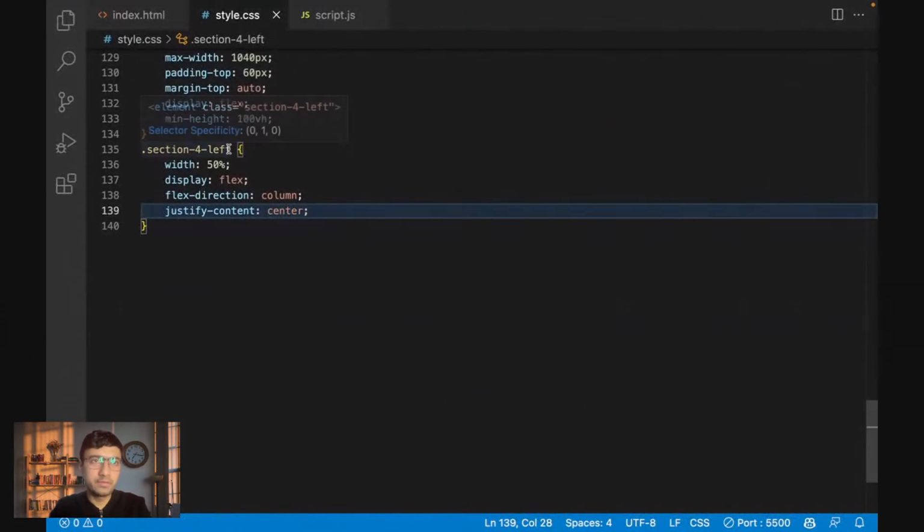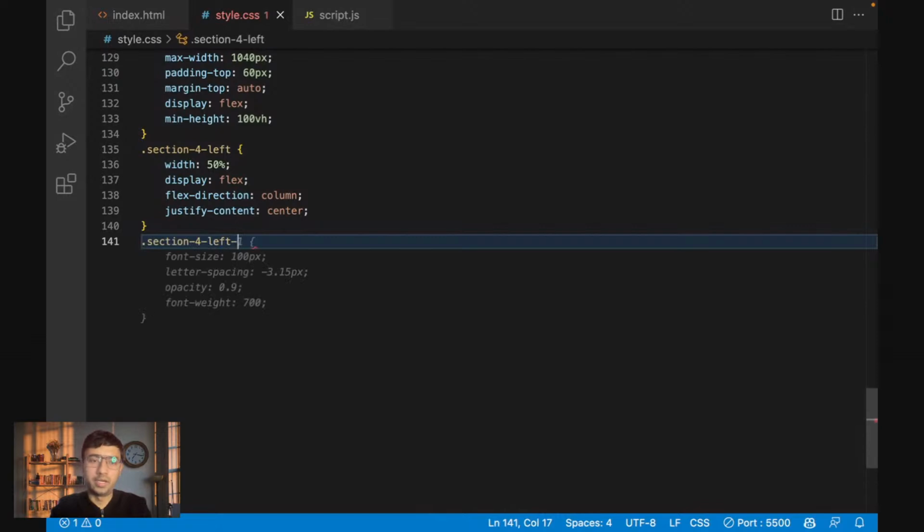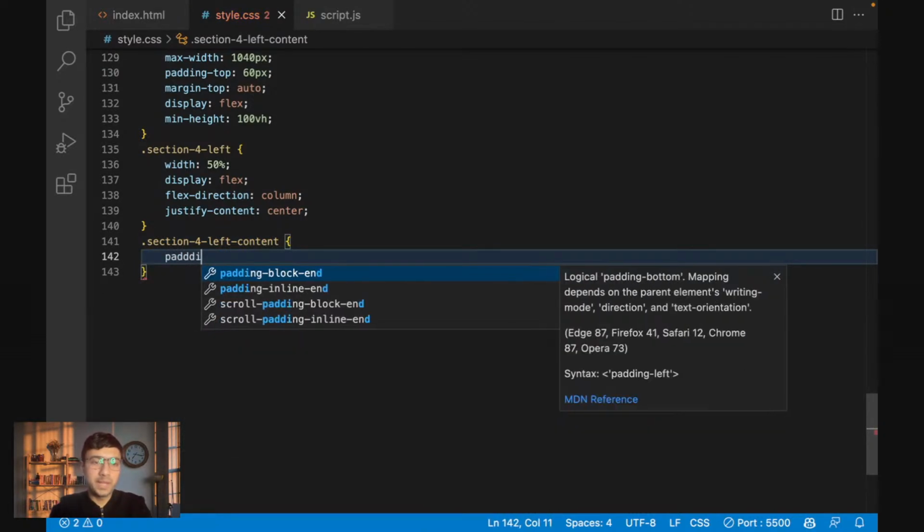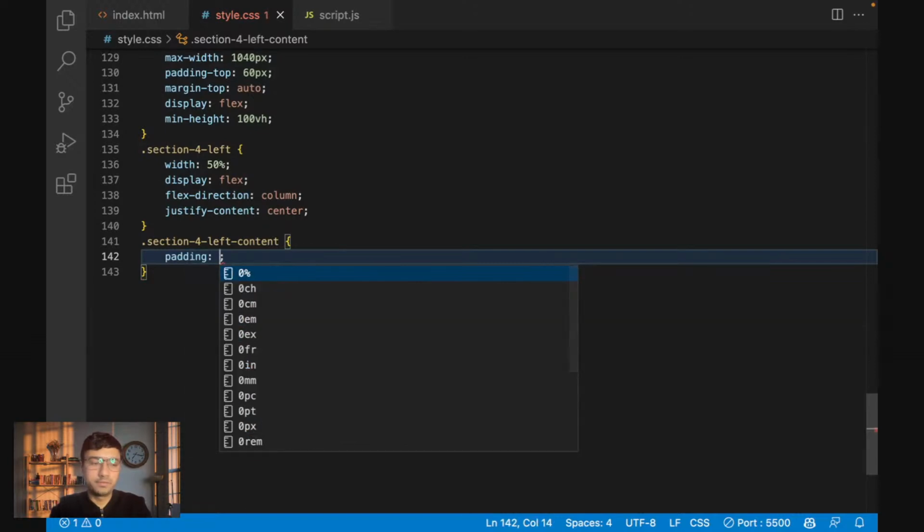Now we want to give styling to section 4 content. Correct. Now we just need to give the left content styling. Correct. So first of all, we want to give some padding of